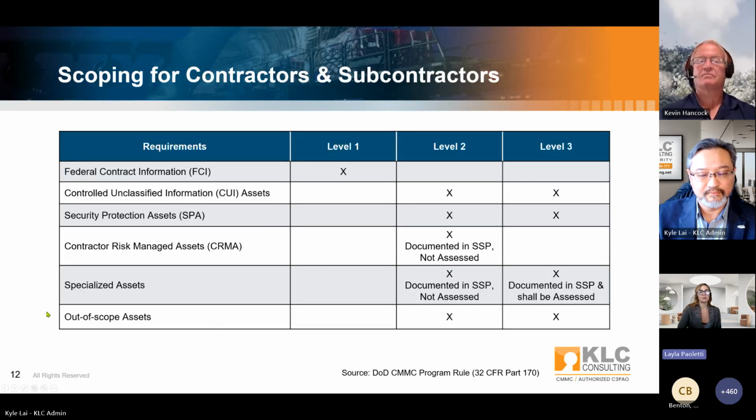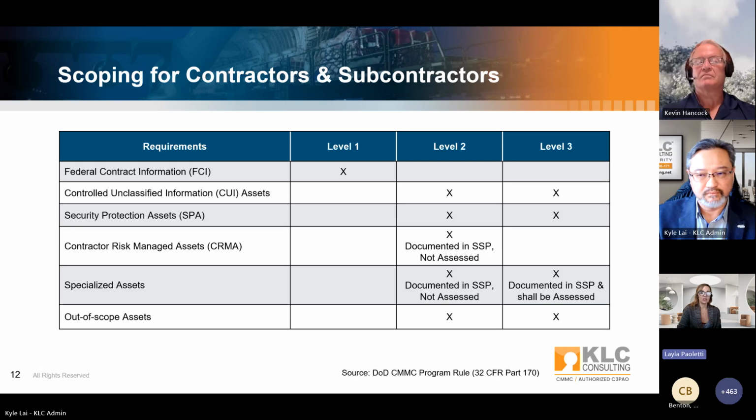Thank you, Kyle. So scoping for contractors and subcontractors, there's a little bit of new information here and updated data here and even definitions, and we'll go into that as we go along in this presentation. But at a high level, level 1 is FCI, Federal Contract Information. Level 2 is CUI, Controlled Unclassified Information Assets, as well, and level 3 is as well. And then there's also the other 3 categories: security protection assets, contractor risk managed assets, and specialized assets, which